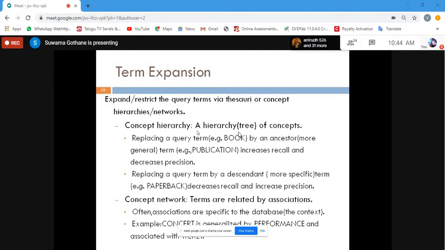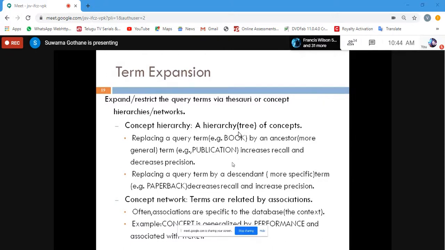And concept hierarchies are also associated with association. Association means, suppose there is a concert. What is a concert? Suppose some group of people will be there, they will have their team. In that they will have a great band or a great artist, and one singer is going to come, and they will work together for earning their money. At one stage, on a good platform or in a certain mall, they will try to do their concert, which means they will try to showcase their talent.